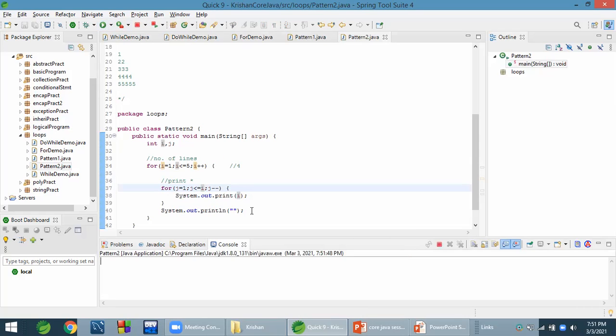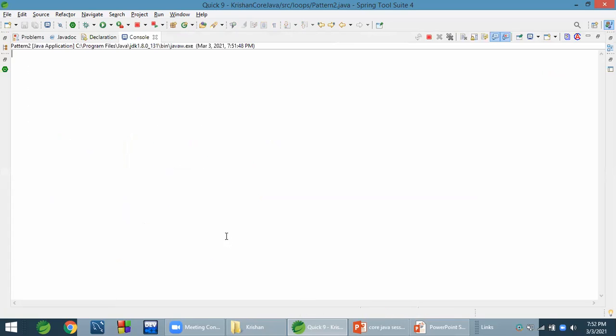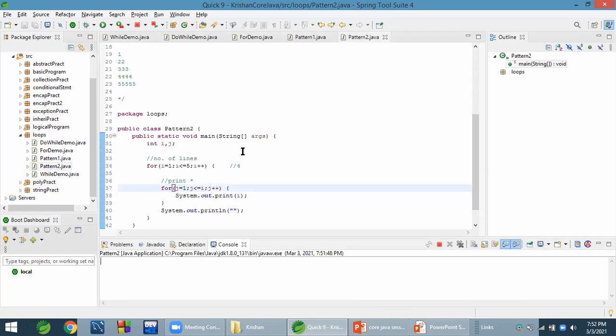j plus plus. Yeah, j plus plus. It's not printing. Okay, let's check what happens. i equals to 1. i is less than or equal to 5, i plus plus. j equals to 1 is less than or equal to 1. Yes, it will print 1.